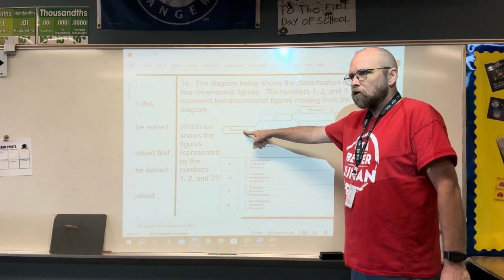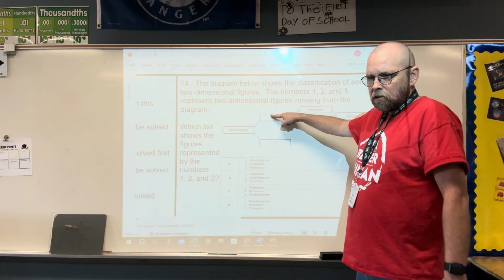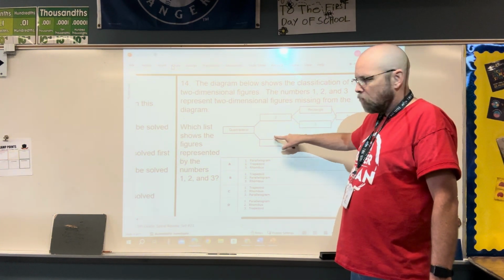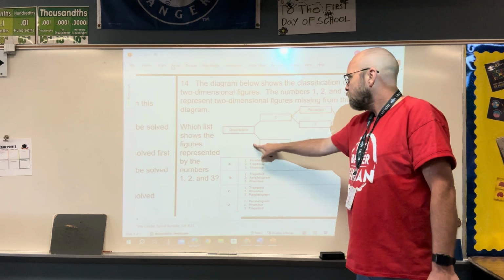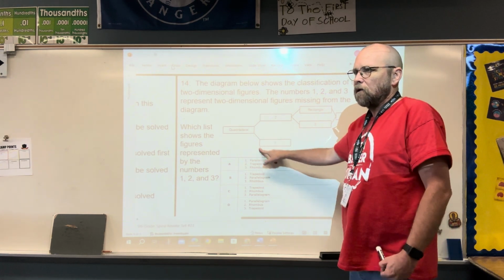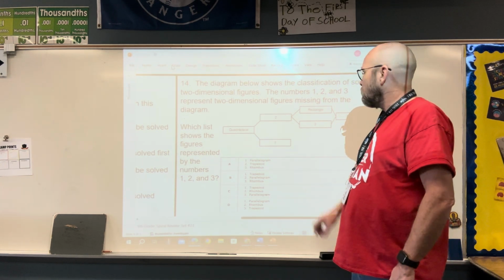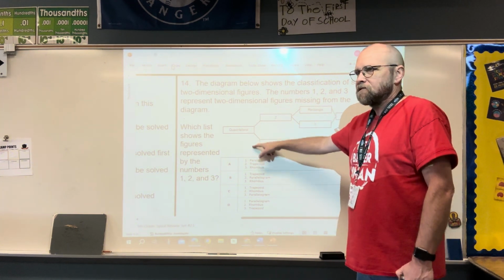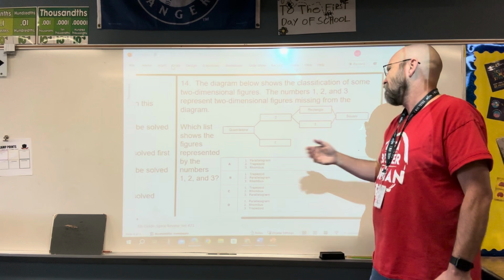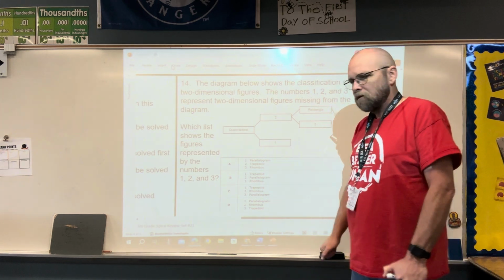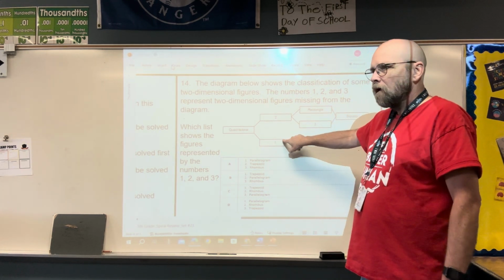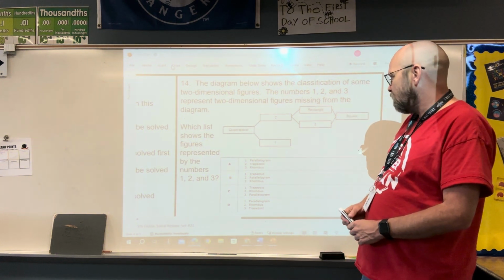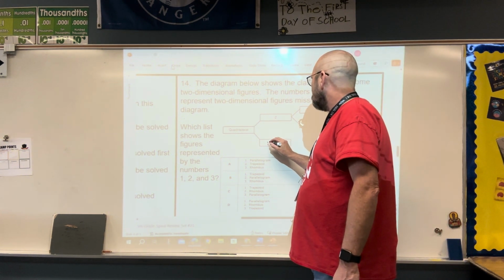Okay, so we have quadrilaterals. And there are two different types of quadrilaterals we have here. What do we think the quadrilateral that is classified all by itself might be? I mean, this one has a rectangle and a square in it. This one has nothing connected to it. We have parallelograms, trapezoid, rhombus, trapezoid. One has to be a trapezoid, which eliminates A, which eliminates D. So if we say this is a trapezoid,